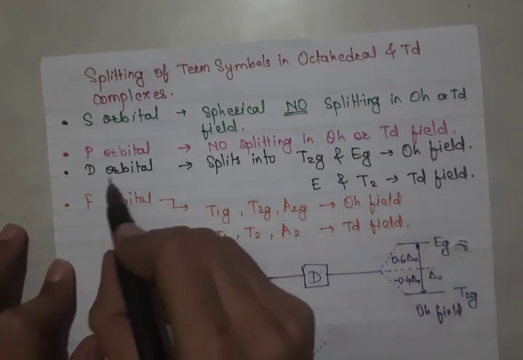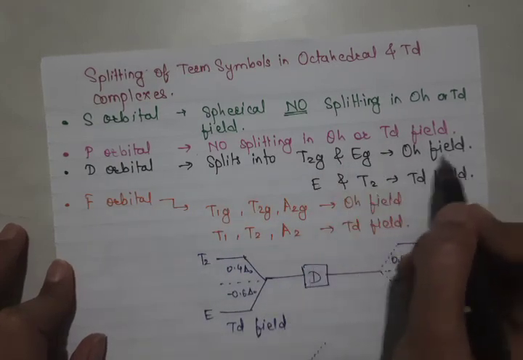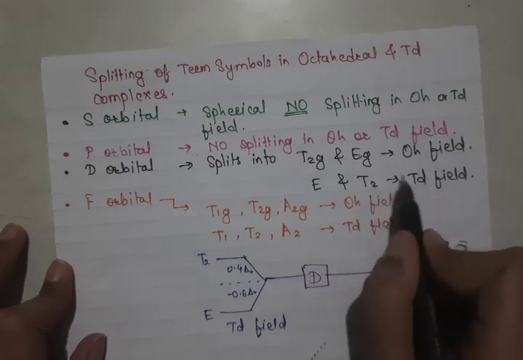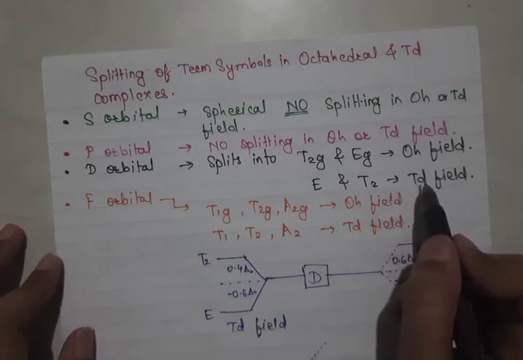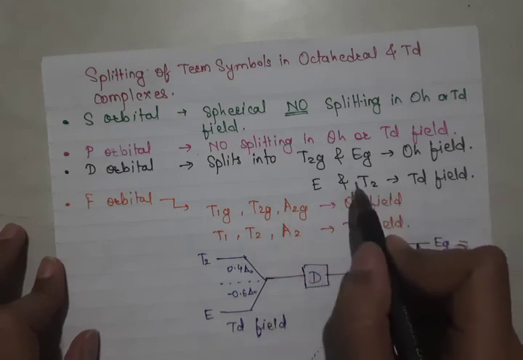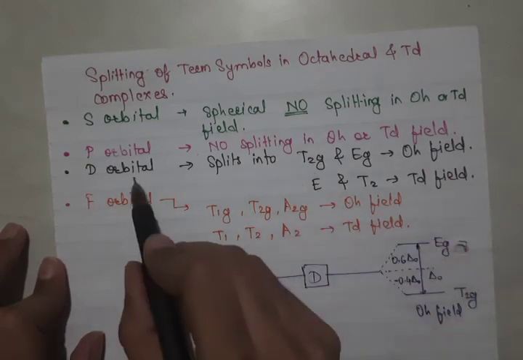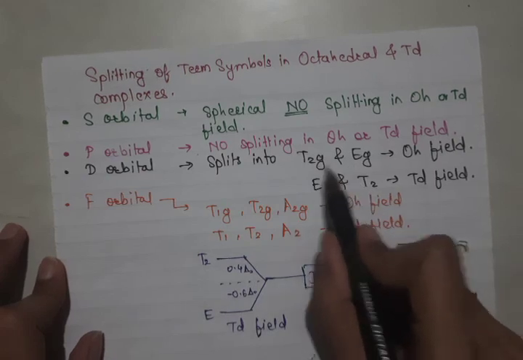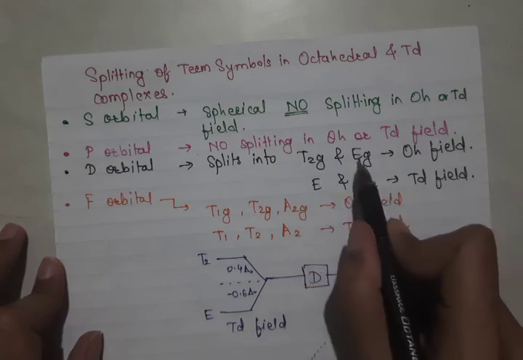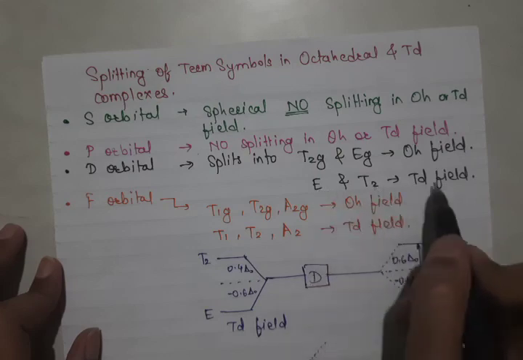So the D term splitting and F term splitting are significantly considered in transition metal complexes. The D term splits into T2g and Eg in case of an octahedral field, and into E and T2 in a tetrahedral field. This splitting takes place because of the repulsion between the metal ion electrons and the ligand electrons. We will see all this in the crystal field theory session. Right now just remember that T stands for a triply degenerate level and E is a doubly degenerate level.